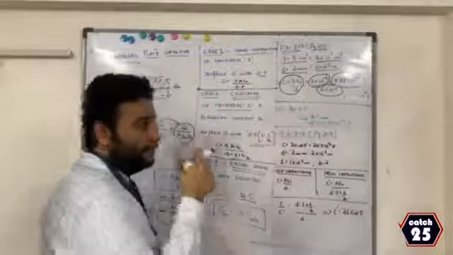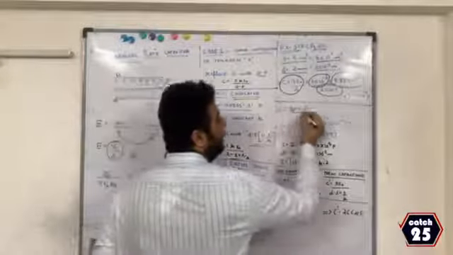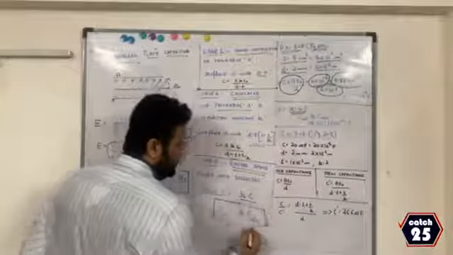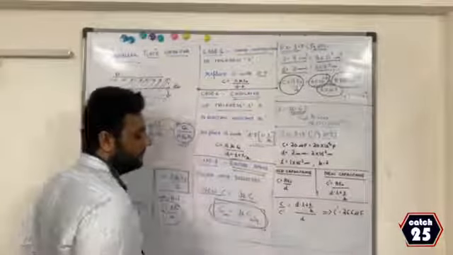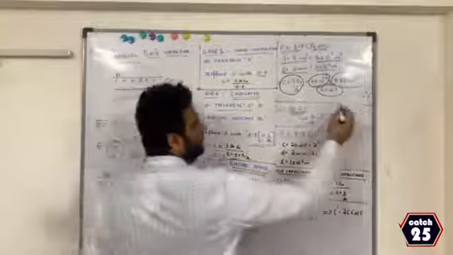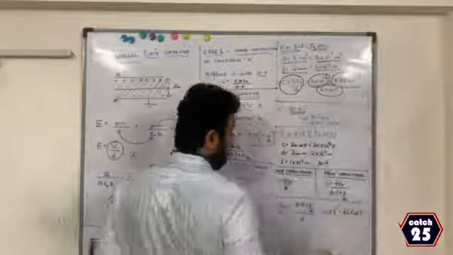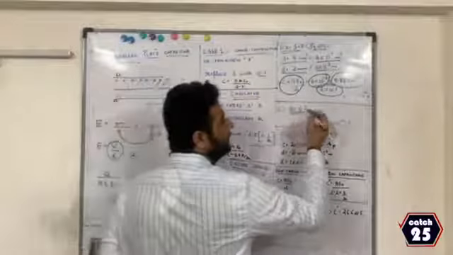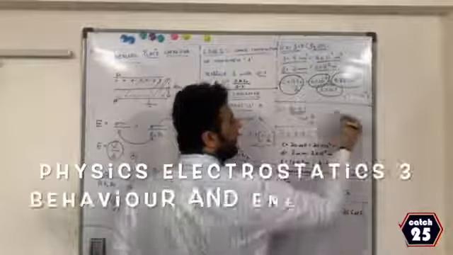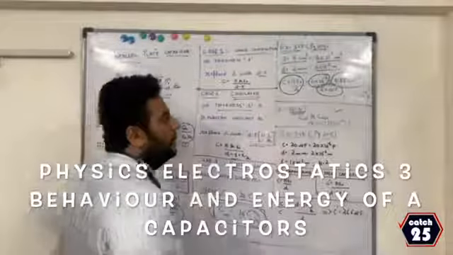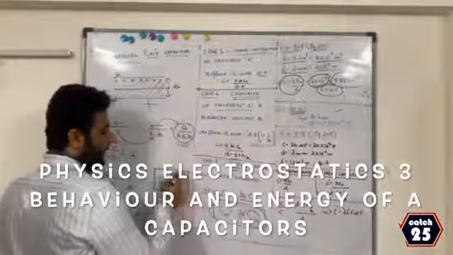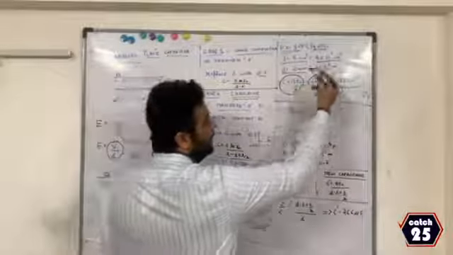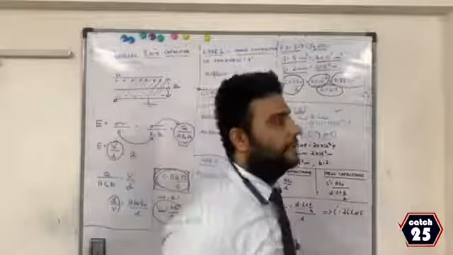Second one, in the textbook they have done it in a different way. They have put K as 6.7. They are asking what is the new capacitance. I know this formula: capacitance of a medium is K times capacitance of air. Did you get capacitance of air? Yes, I got it here. Do you know what is K? Yes, they have given 6.7. Therefore, capacitance of any medium is K times capacitance of air. You will solve it and you will get the answer. Or you can directly use this formula again, A K epsilon naught by D, and again you can get the answer. Okay? This is example 8.17.